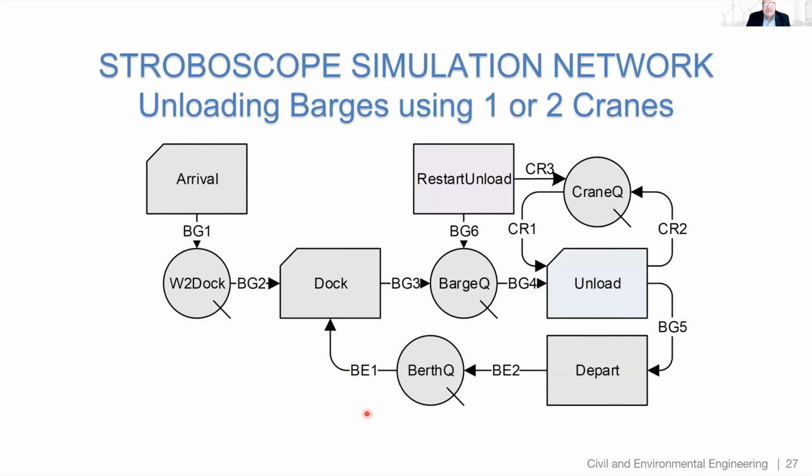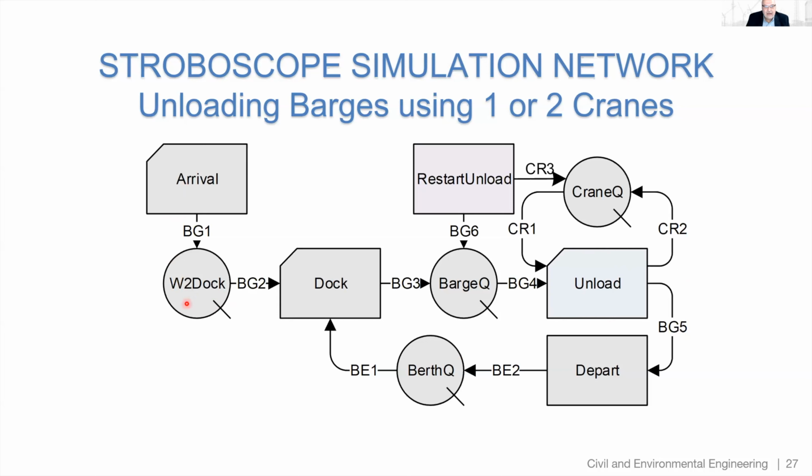Now, this is the STROBOSCOPE simulation model here. Again, we have an arrival process right here. Barges that arrive dock and become part of the barges that unload. And this happens only if there are berths available, and there are only 2 initially in here. And in order to unload, the activity unload has to have a crane and a barge, and that allows the activity unload to start. The thing to notice is that when there is an instance of unload that uses 2